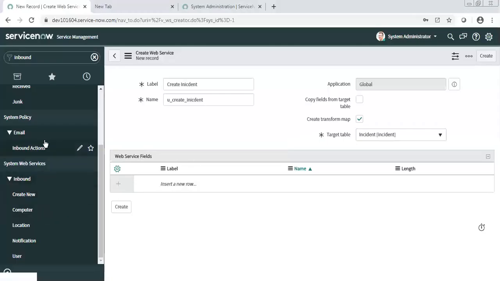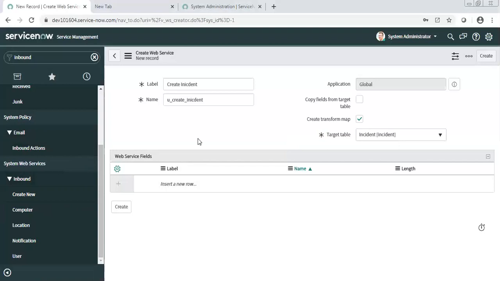When the third party tool sends that data, you need to hold that data somewhere, in the staging table. Import set web services is an extension of your normal transform map and import set concepts. Previously we were publishing the API of the incident table.